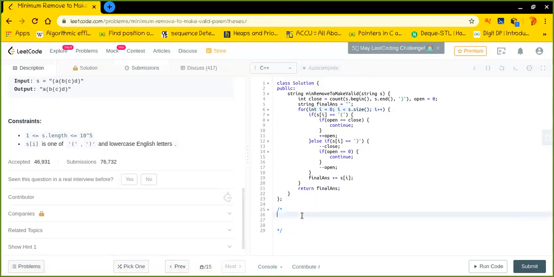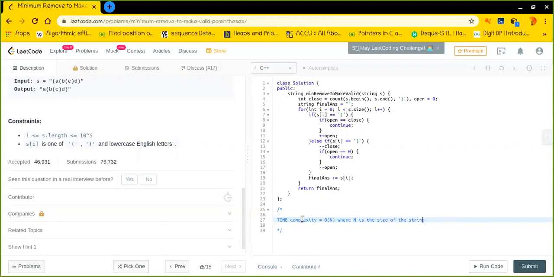That is why the time complexity is measured by the worst case, isn't it? The time complexity is big O of n, where n is the size of the string.